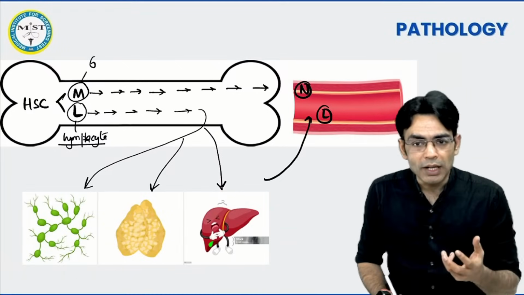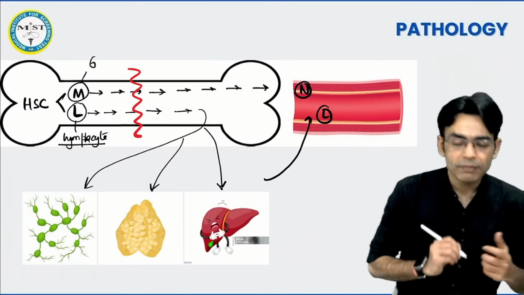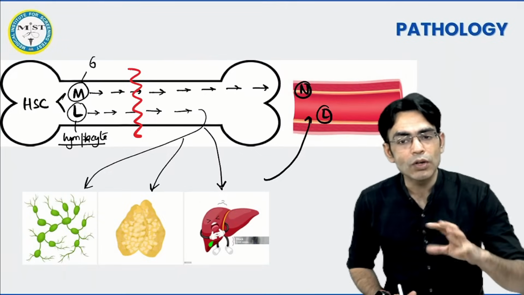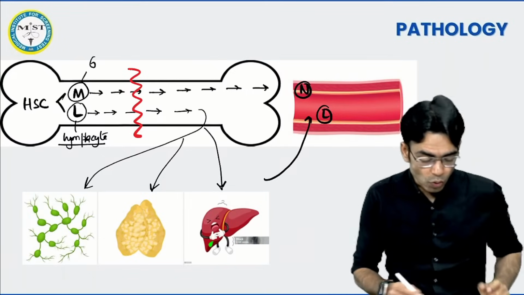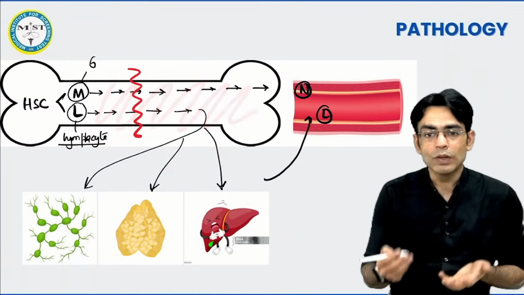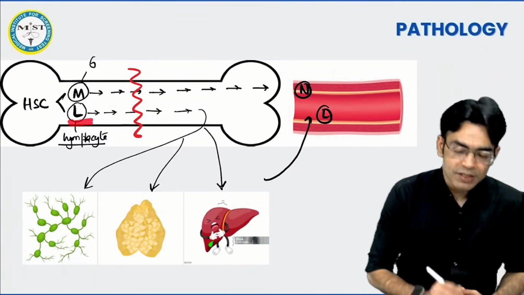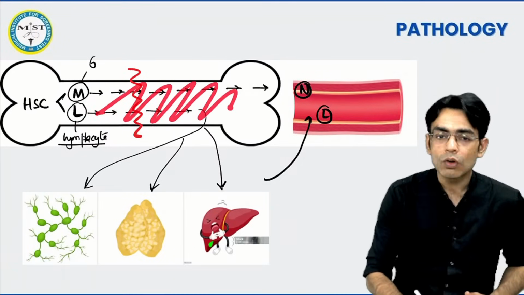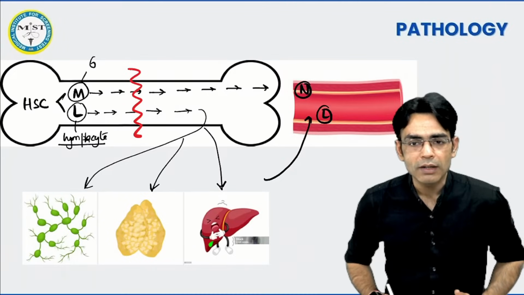Ab, what is leukemia? Leukemia is when you are having any kind of mutation here. If it's a myeloid leukemia, that means a myeloid mutation. If it's a lymphoid leukemia, that means lymphoid mutation. Whenever there is a myeloid mutation, all this bone marrow will be filled with abnormal myeloid cells, and you will see these abnormal myeloid cells in the blood. You call it a myeloid leukemia. If the lymphoid mutation is there, and everything is filled with abnormal lymphoid cells, and it is going into the blood, you call it a lymphoid leukemia.